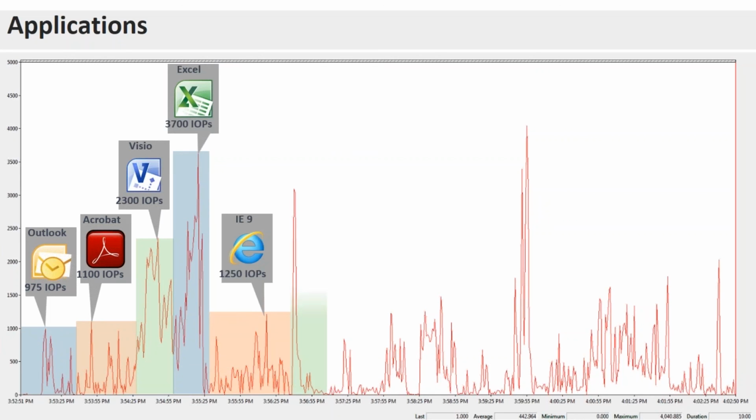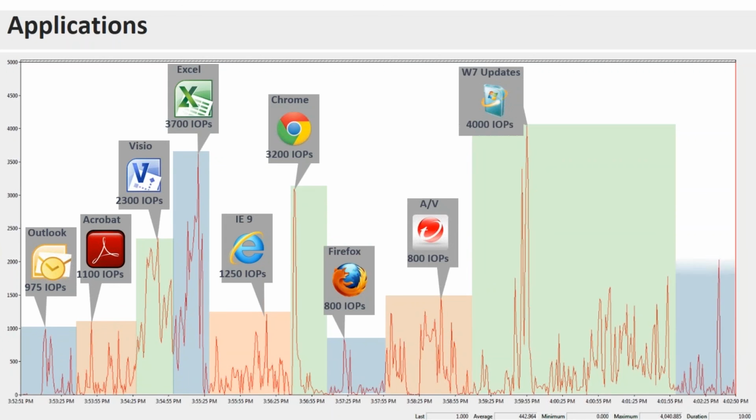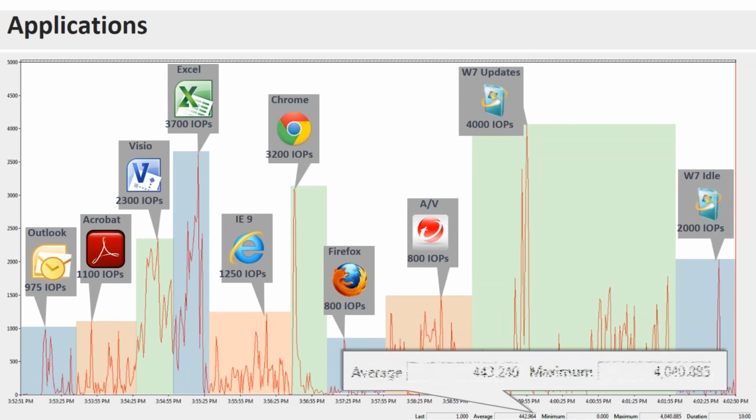So a very broad rule of thumb is that it takes about 2,000 IOPS before disk is no longer the bottleneck. And we saw that in the day in the life slides, where you had occasional processes that were peaking up to about 2,000 IOPS. I am not suggesting that you need to spend all that money to give every single desktop 2,000 IOPS. But this is the sort of number that you need to keep in mind,